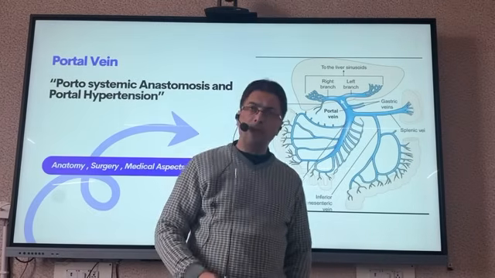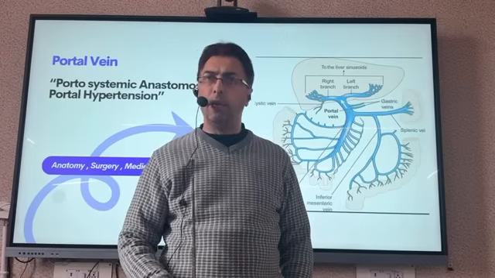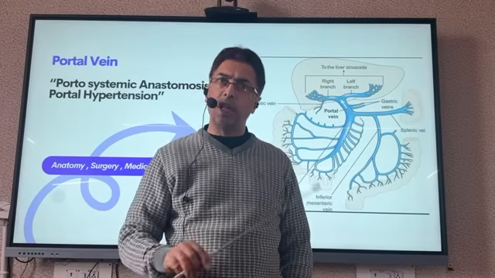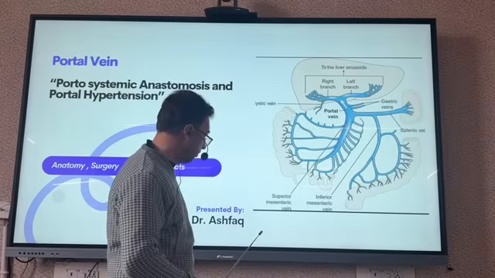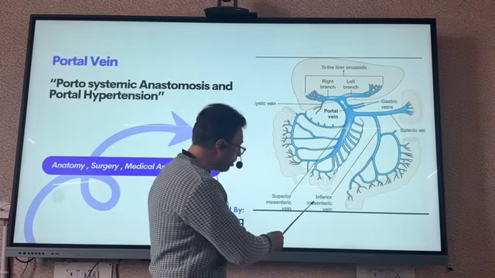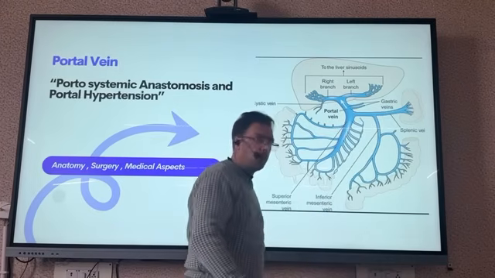But you have to remember there is another vein, which is the inferior mesenteric vein. And the inferior mesenteric vein drains into the splenic vein. Is it shown over here? It must be. Yeah. So this is the inferior mesenteric vein, and it goes in relation and drains into the